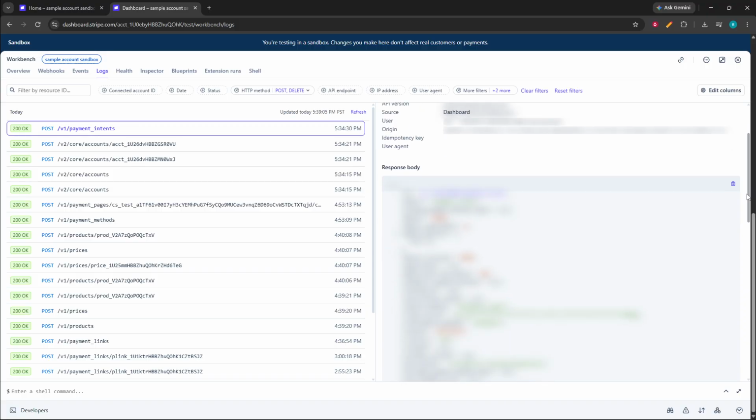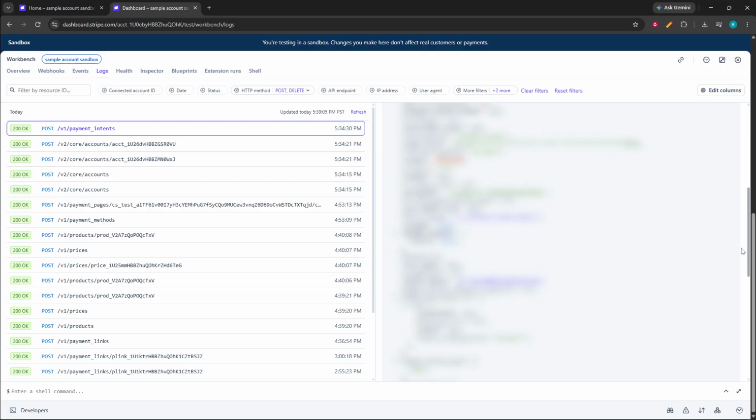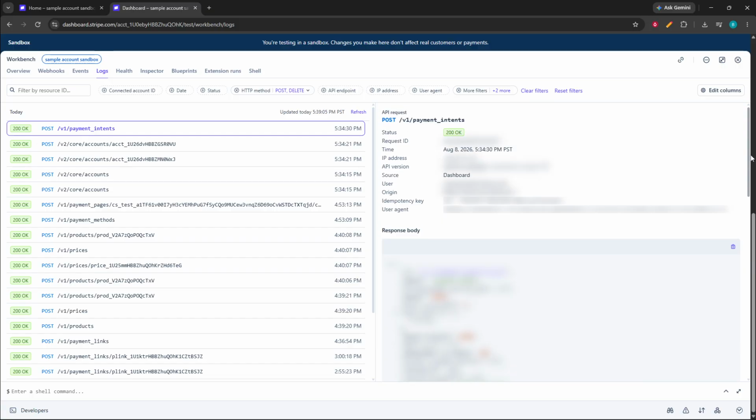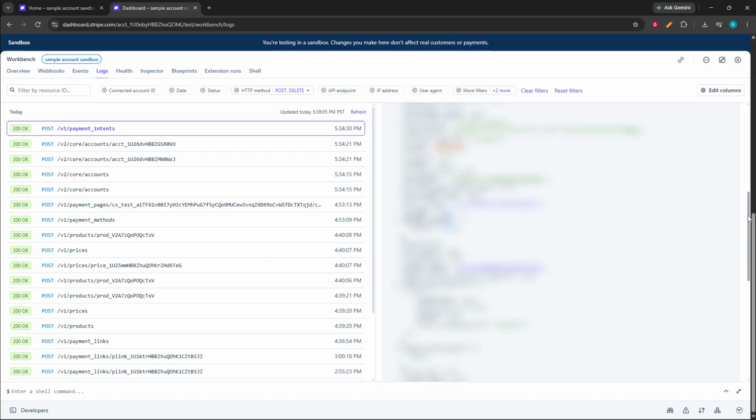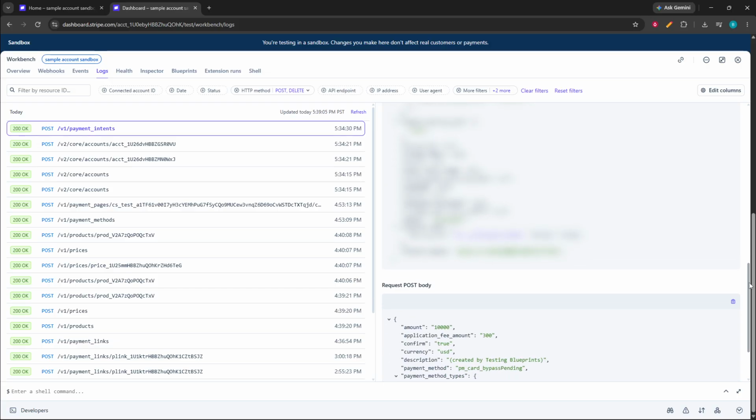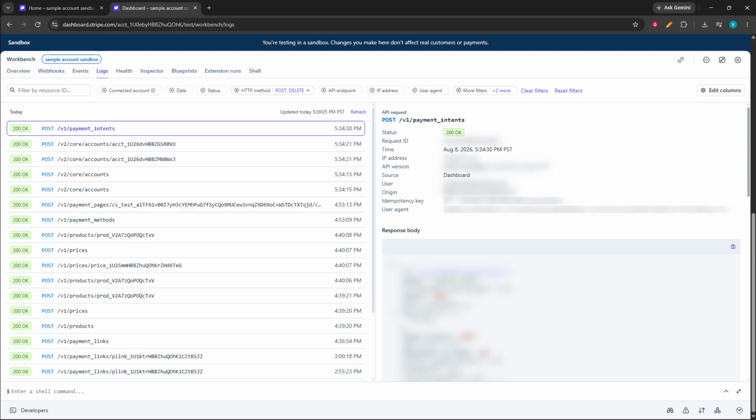If the request failed, look closely at the error details in the log. Stripe will often display the error message, error type, or error code. These details can help you understand what went wrong and what needs to be corrected in your test setup or API call. Finally, confirm one more time that the log entry belongs to your sandbox environment and matches the test